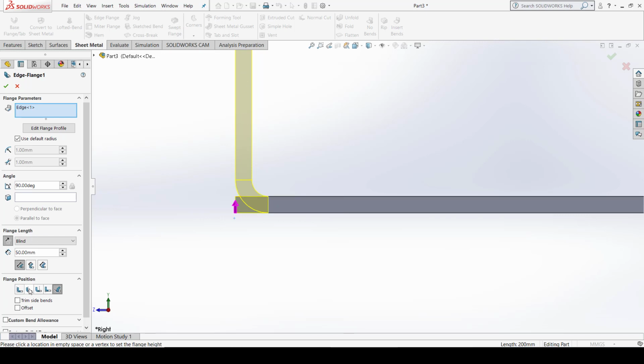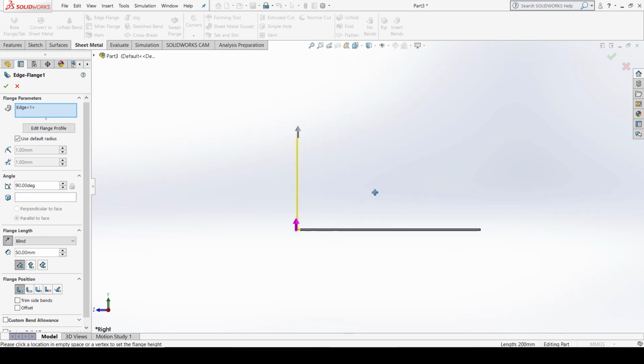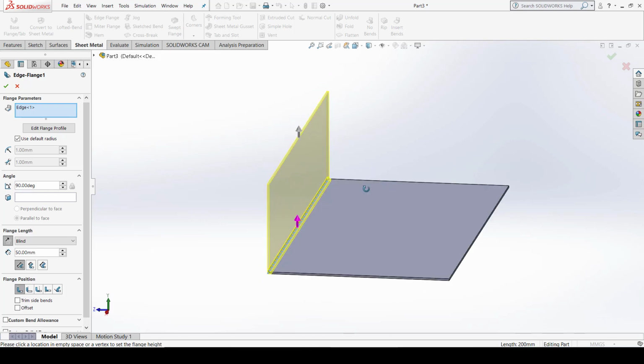Okay, so you have to focus on these first three options. So we select the material inside, so that my calculation of 100 millimeter thickness of this width remains the same, it doesn't change. I don't want it to be 102 or 104 millimeters, so I make sure that this should be 100 millimeter including all the edge flanges along all the bends. Okay, so this is how you can define the flange length.